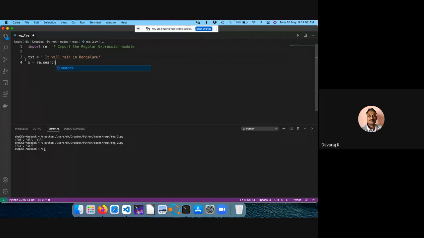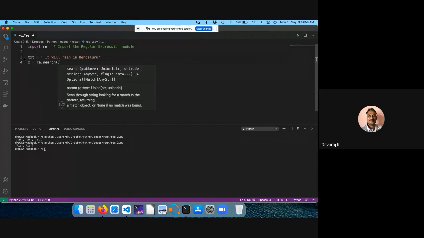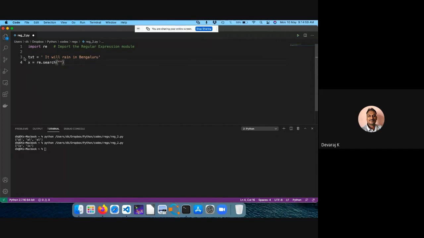I'm searching for, yesterday we looked at the special sequences, so let me use \s. Then where I'm trying to search is in the text. Let me get the output.